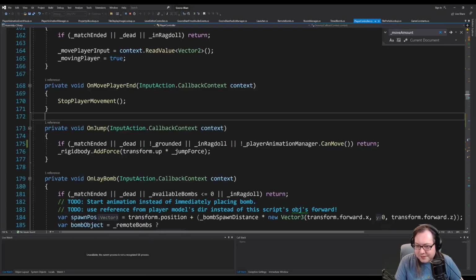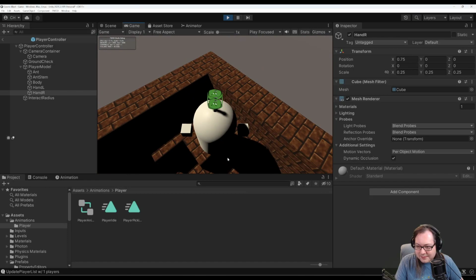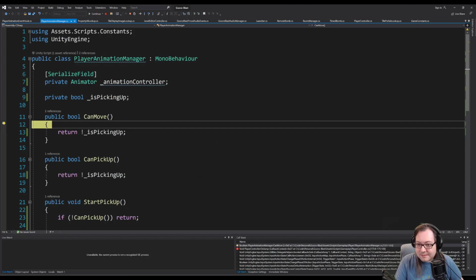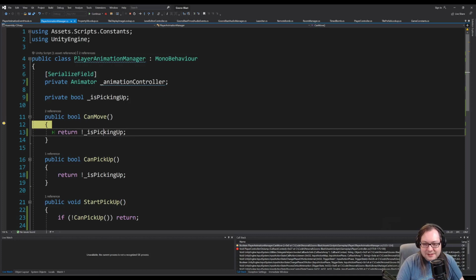Alright, what is the player's current state? I don't know why I put that in there, but whatever. That'll work. You're not in ragdoll, you are grounded, you're not dead, the match has not ended. What about this? You're picking stuff up. Oh, you know what, actually, okay. I kind of understand, because the animation...